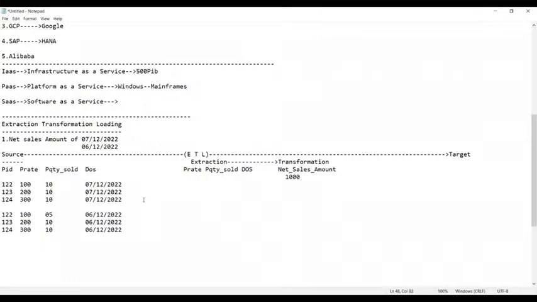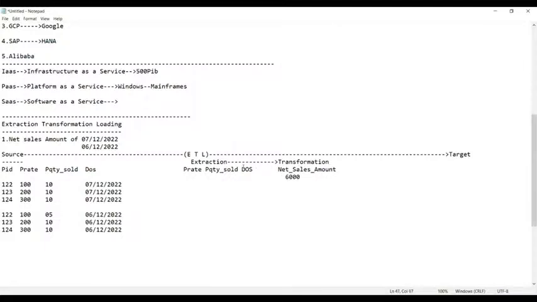So now, next one. 200 into 10 means what? 200 into 10, how much is it? 2000. Am I right, guys, everyone? Very good. Now 300 into 10 means what? 3000. Now tell me, sum it. 1000 plus 2000 plus 3000. What is the total amount? Very good. So now we have a total of 6000, sir. 6000 is the total amount. Now, guys, we can say it like this: 6000 is the total amount.